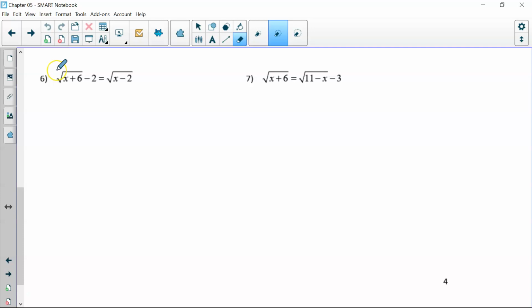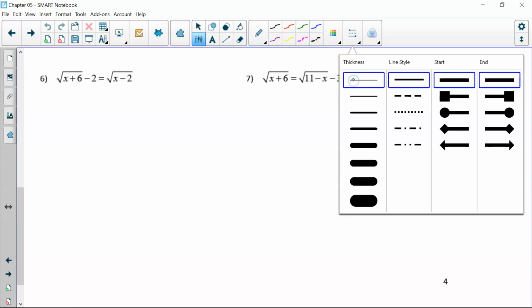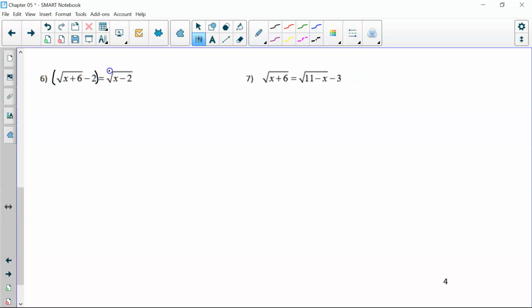So what we're going to do is get rid of the square root by squaring both sides. But when we square both sides, we have to be careful. We're squaring the entire left-hand side. So what we actually have is the square root of x plus 6 minus 2 times the square root of x plus 6 minus 2, and that equals